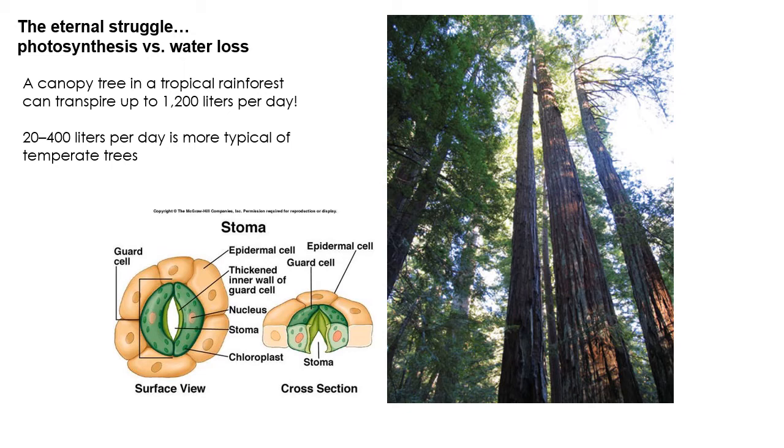One way that trees can prevent water loss is by closing their stomata. Here's a diagram of a stoma, and those pores open. If water is pumped into those guard cells, it pushes them open and opens the pore. If the tree moves water out of the guard cells, then the stoma will close. Of course, with the stoma closed, most plants can't do photosynthesis because you're not getting carbon dioxide in there, and